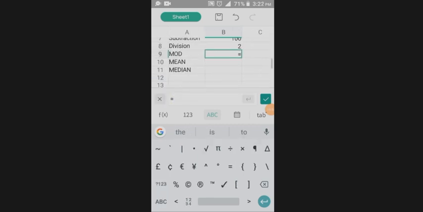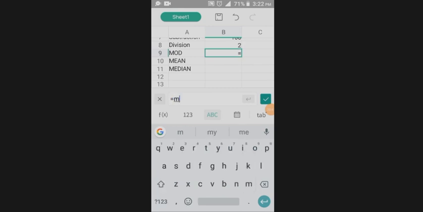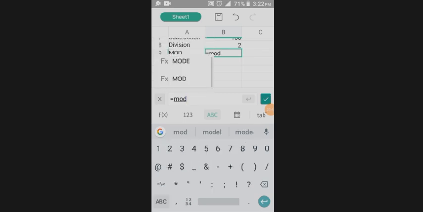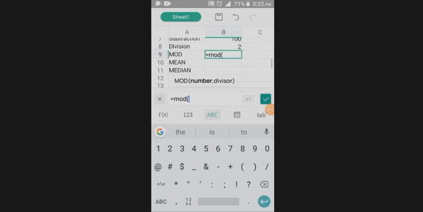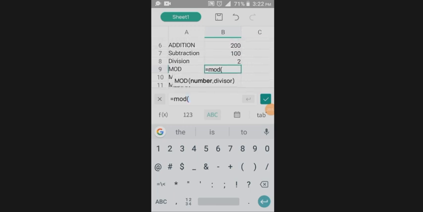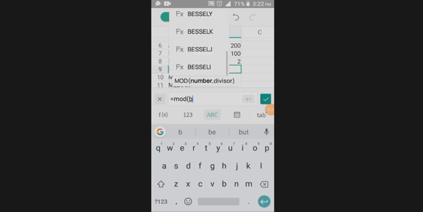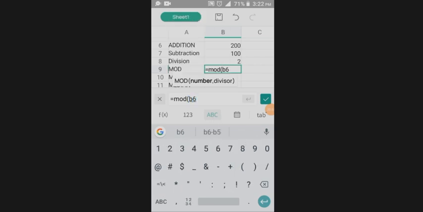The mode in Excel is just a remainder after dividing one number from another. When you divide a number with another number, the remainder of that division is what is referred to as the mode. So here we divide 200 with